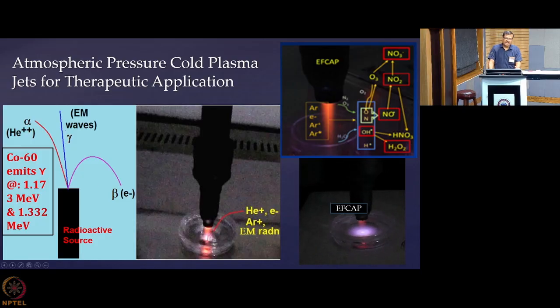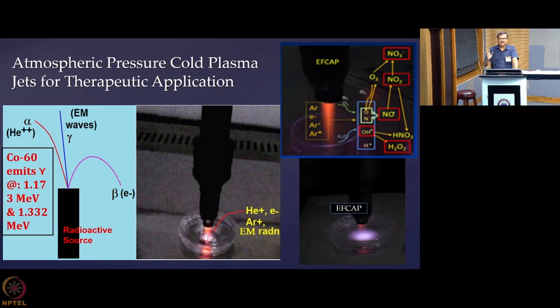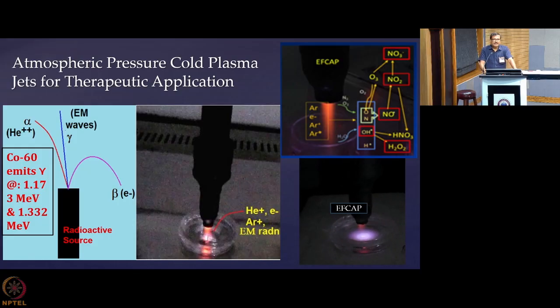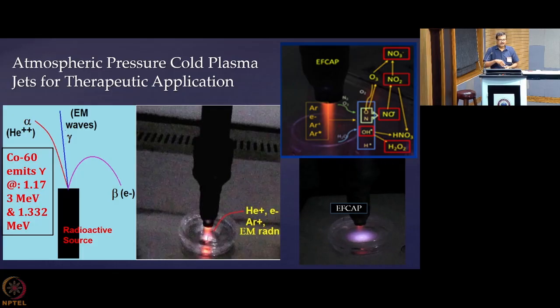And the electrons here may be a few electron volts only. That is the limit. It may be 2 eV or 3 eV, not more than that. But the interesting thing is that you can control their energy as per your wish. You can make a change in the atoms.